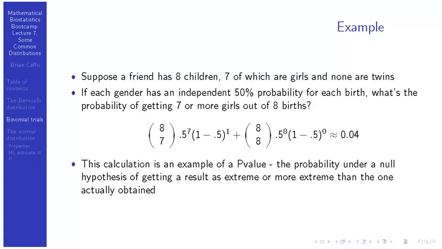So the p-value is saying, okay, why don't we calculate the probability, if the null hypothesis were true, of getting an event this extreme? And if that probability is very low, then maybe that's an indication that our hypothesis that the 50% is correct is not right. At any rate, we'll talk about p-values later. Well, I hope we'll get to talking about p-values later. But I just wanted to mention that that's where the intuition behind this calculation is coming from. Right now, we're only using it as an illustration of plugging into the binomial formula, but I wanted to foreshadow an important statistical technique.